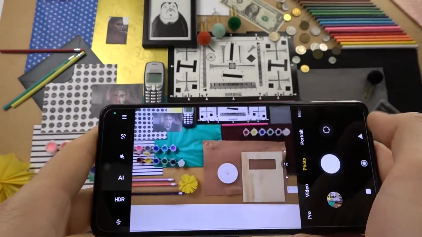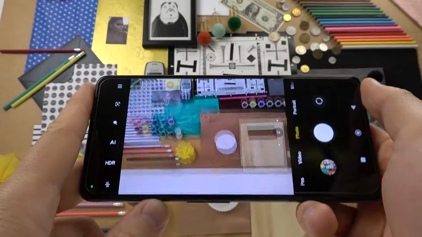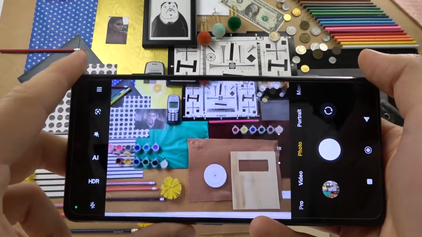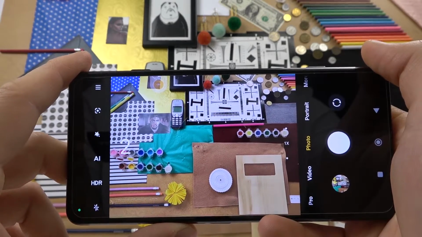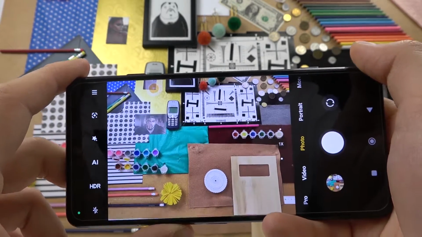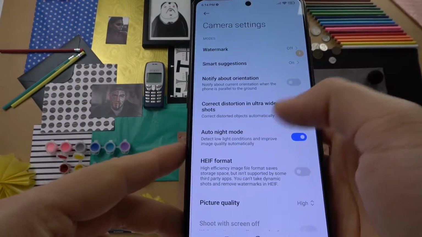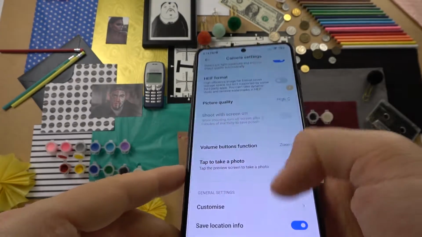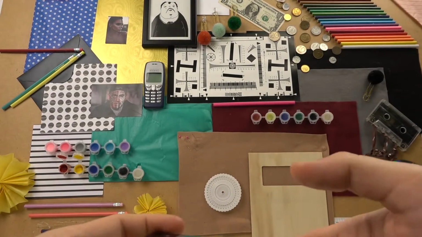Okay, well, let's go forward, and for example, I'm going to show you how to change the function of the volume buttons, because by default they are linked to taking delay photos. So we have to go to the settings, and then in the settings you will find volume buttons function. It's right here, so we can switch for example to the zoom, and right now when you press volume up